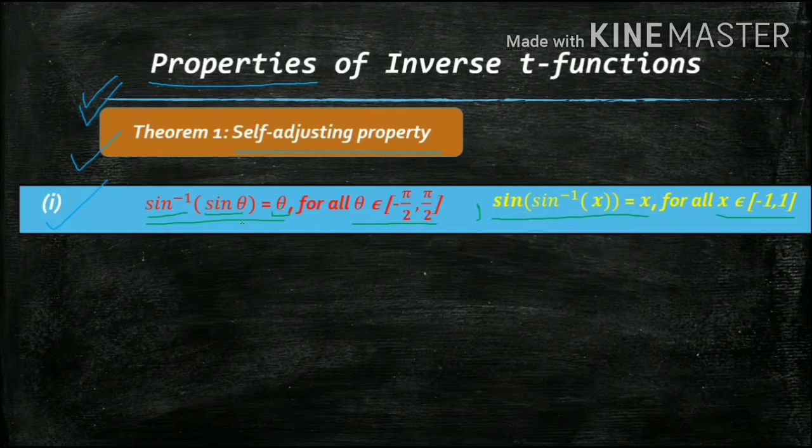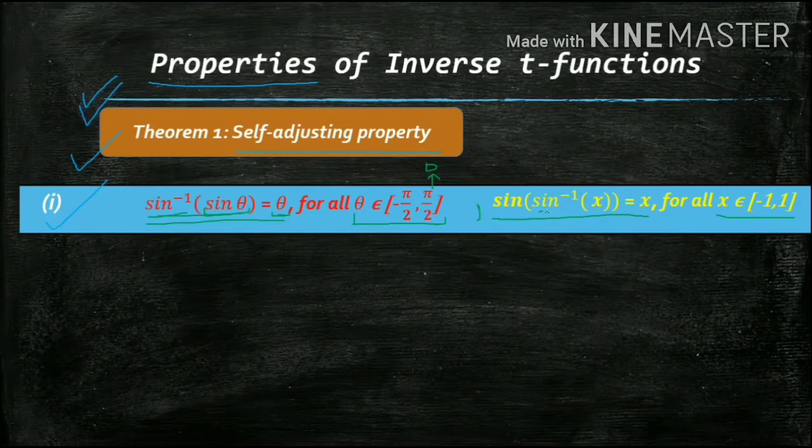Otherwise, if you have to find it, you first compute the value of sine at that angle, then you do the inverse as we have done up till now. But now you need not do this. You just need to check whether that theta belongs to the closed interval [-π/2, π/2], which is nothing but the domain for the inverse sine function. So if that theta lies in that interval, then directly sine inverse of sine theta is theta.